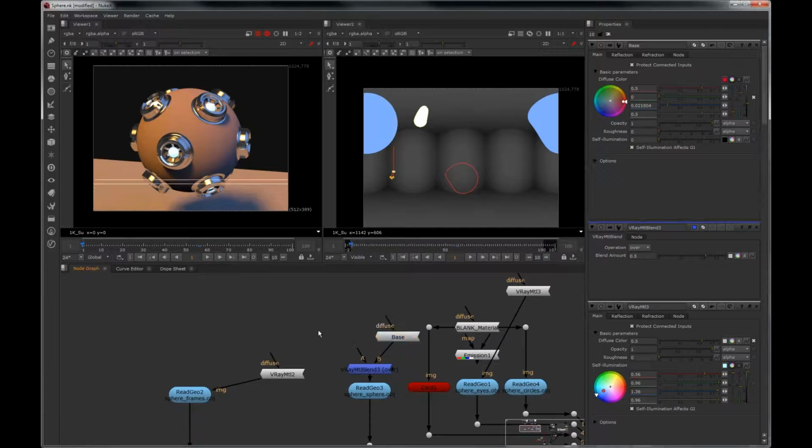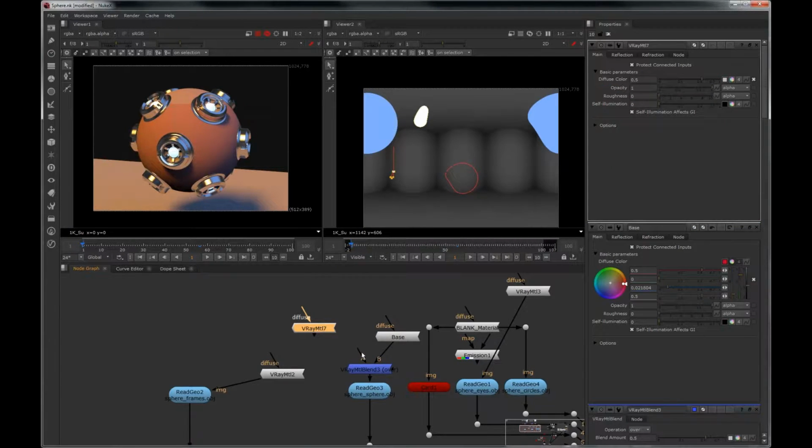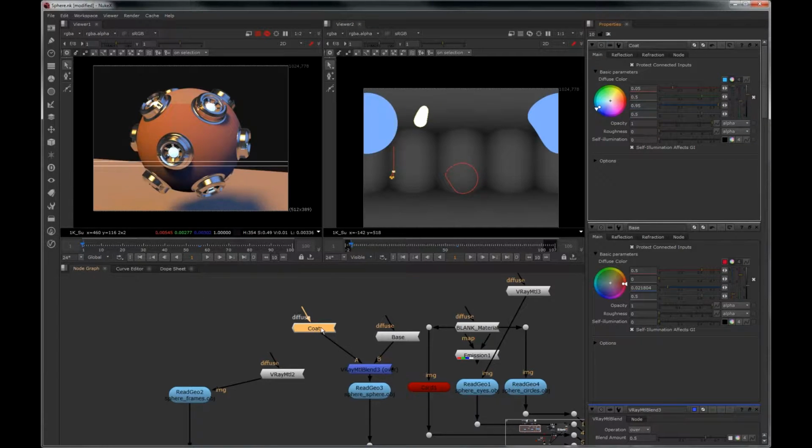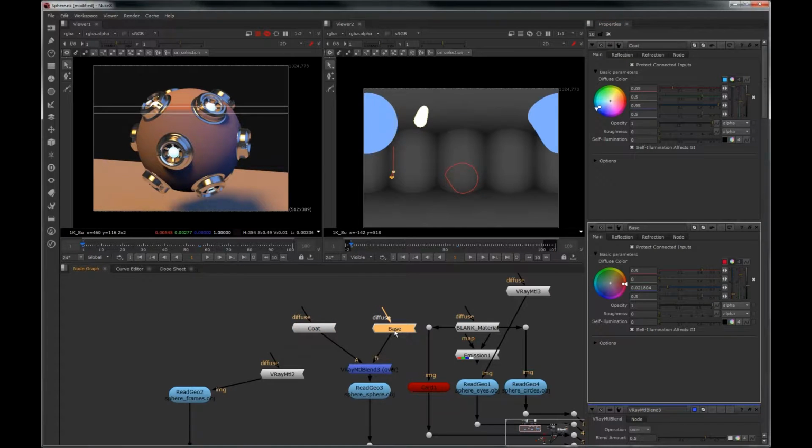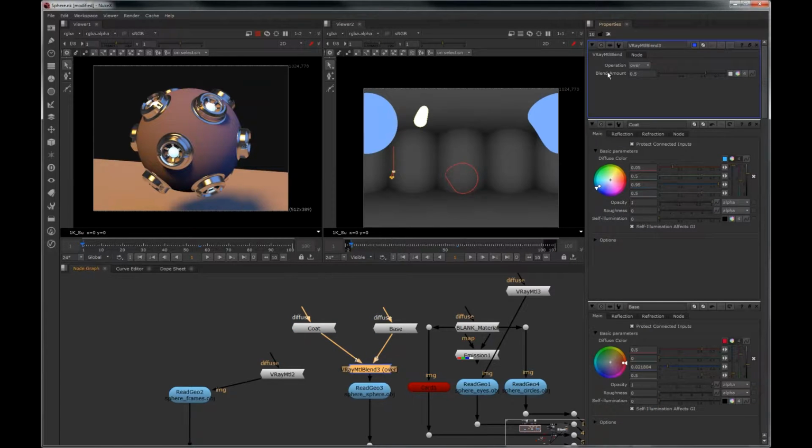Okay, and I need another material for the coat, and I'm going to rename it that way, and this should be blue or so. All right, and now I have 50% from my base material and 50% for the coating. And this is defined by the blend amount over here. If I set it to 0, I'm going to see just the base material,